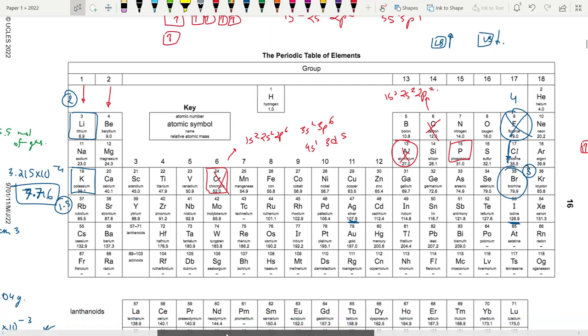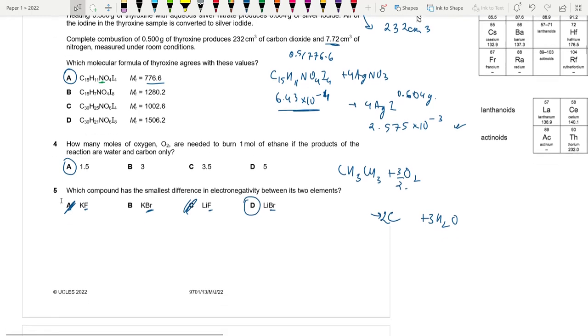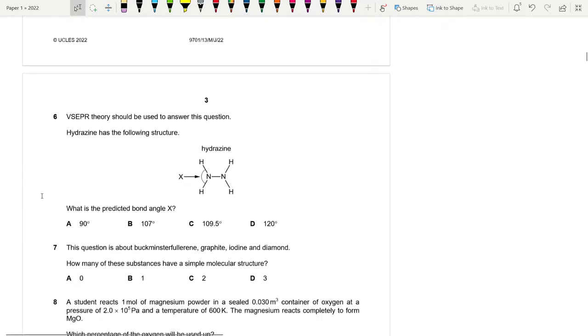So I'm going to go for lithium bromide, and it should be correct, and the correct answer is D. This was a tricky one. All right, test your skill. Next,